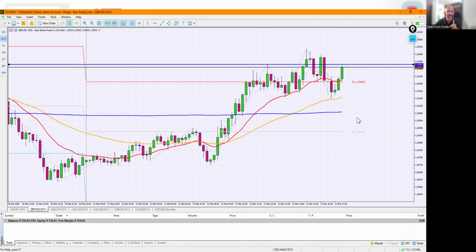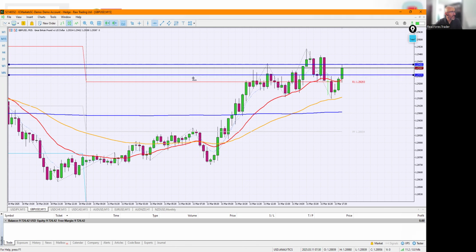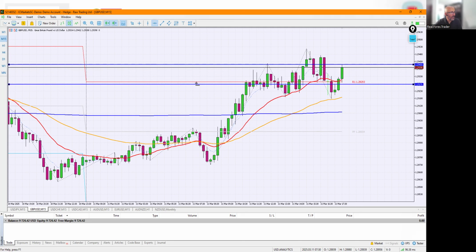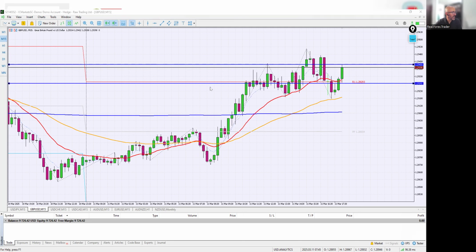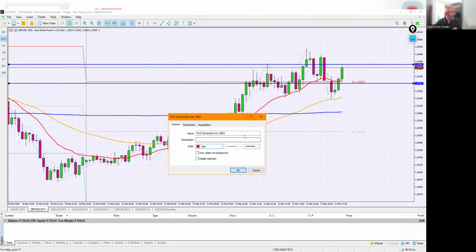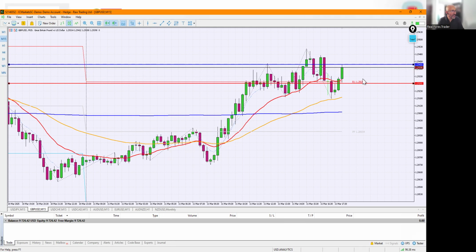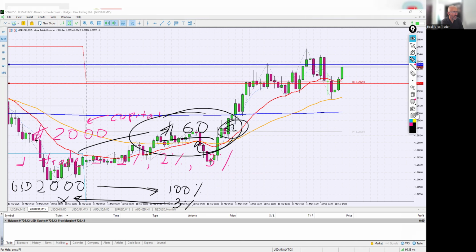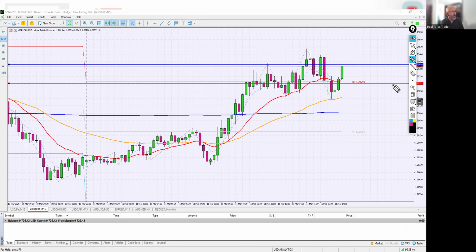And when I calculate 3% out of the trade, it means that my stop loss is here, because this is the ideal location for my stop loss. This stop loss should not be risking more, from here to here,